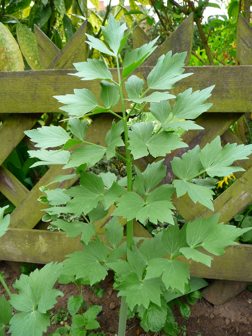Lovage, Levisticum officinale, is a tall perennial plant, the sole species in the genus Levisticum in the family Apiaceae, subfamily Apioideae. Description: